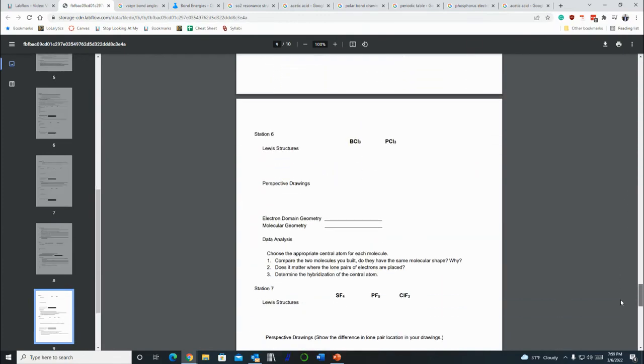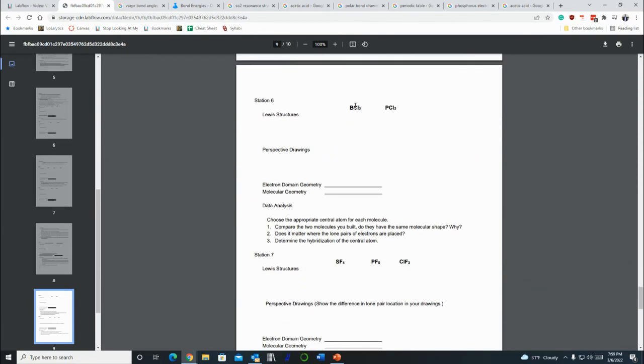Moving on to station 6, we have an anomaly. BCl3: boron only has 3 valence electrons, so this is actually only going to make 3 bonds. You're probably thinking, this doesn't follow the octet rule. Well, the octet rule isn't always true. It's a lot better for molecules that